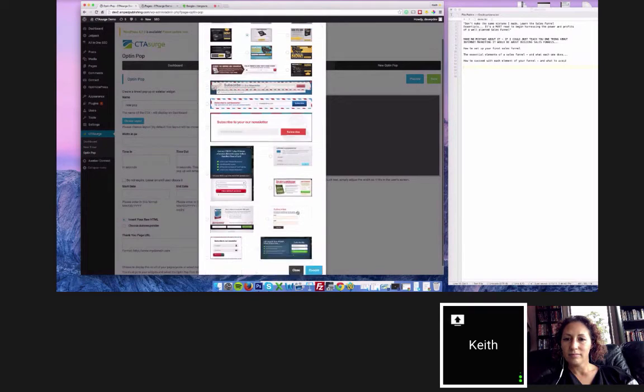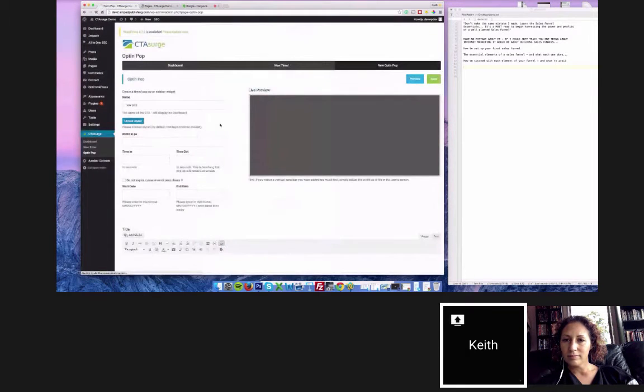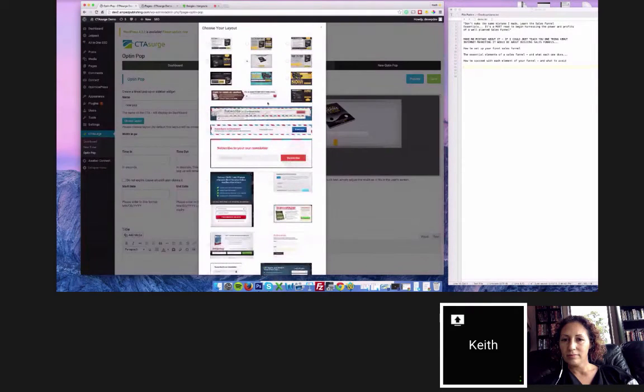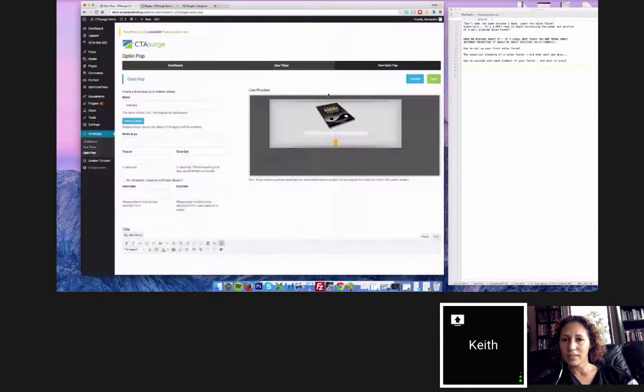I'm just going to choose this one right here. Basically, what it'll do is it will load. It's going to strip out all the generic text, which you see on these layouts, because that's really what it is. It's just all generic stuff, and it's a fake product. I just wanted you to kind of see what that layout would look like. So as we begin to build this thing,